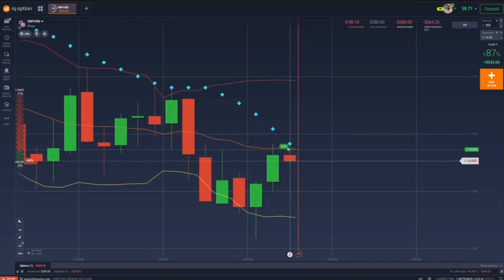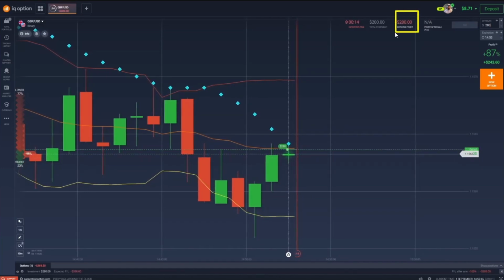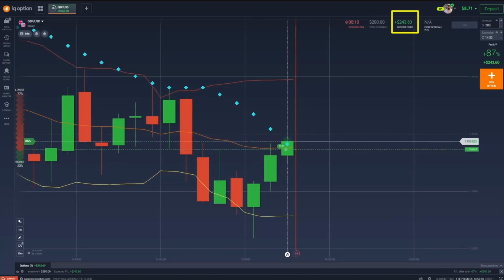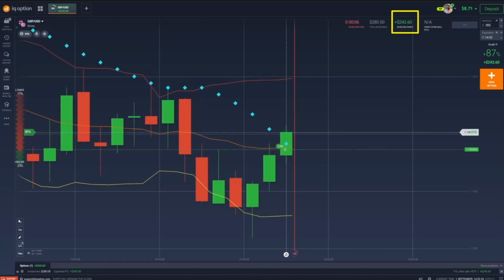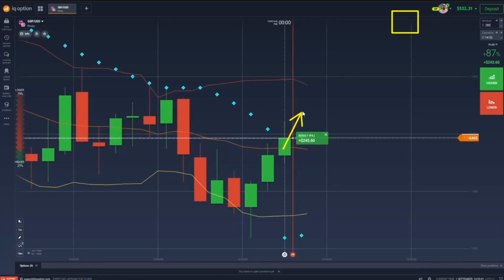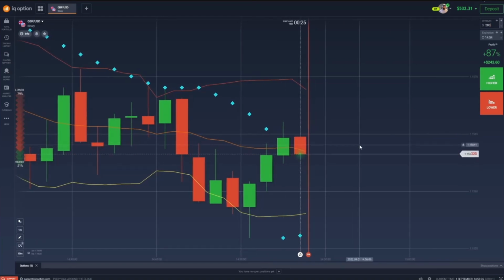So as you can see, it's risky. I could lose all my money. See here, I could lose all my money. Everything I made, I could lose in just one wrong decision. Don't make wrong decisions. Right now, I'm sure about it, but if it was you, you could lose all your money. So fortunately, we made